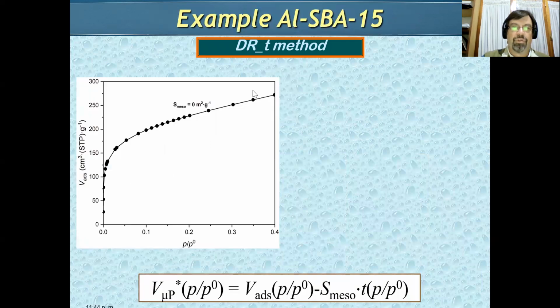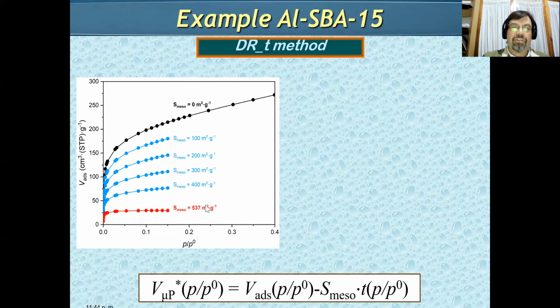For example, in this case, we choose the aluminum SBA-15. We plot up to 0.4 in relative pressure the original adsorption isotherm, and choose different specific surface areas of the mesoporous region up to obtaining an isotherm type I. In this case, we can obtain a typical microporous isotherm. Following this equation, choosing the specific surface area of the mesoporous region and calculating the thickness of the adsorbed layer from a standard material,